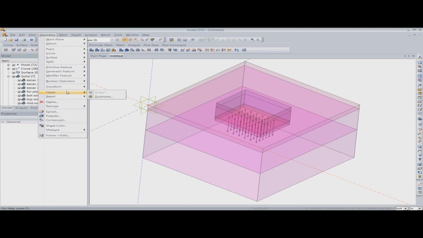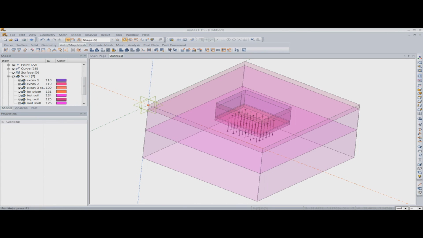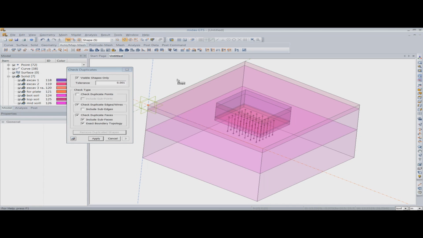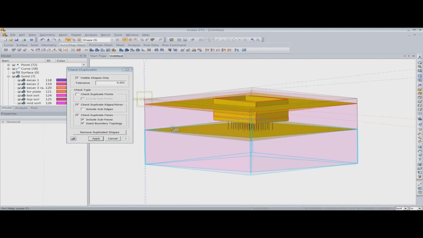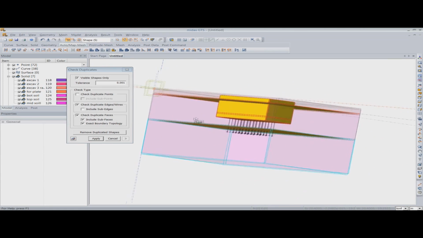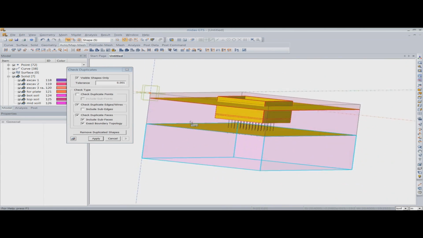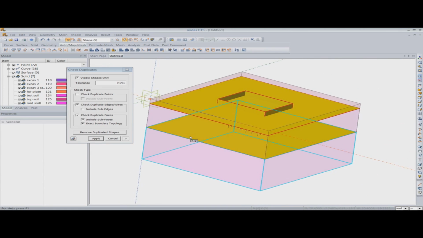So I'll go to check, I'll check for duplicates, and once I click on apply, you will see that there are certain duplicates inside the model which are duplicate faces. And duplicate faces are required because a single plane will be shared by the top soil and the bottom soil, and if I uncheck the duplicate faces,